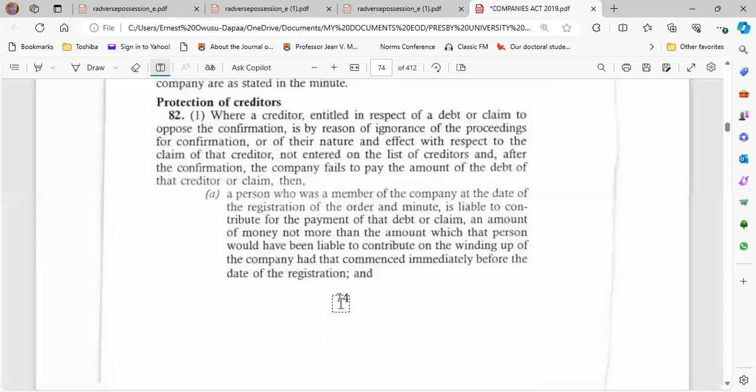Section 82 gives protection to creditors, especially creditors who